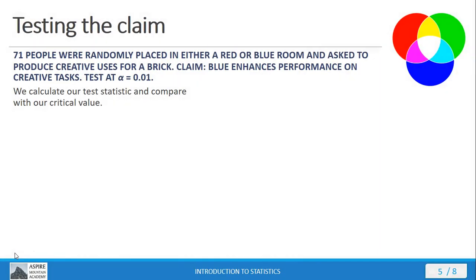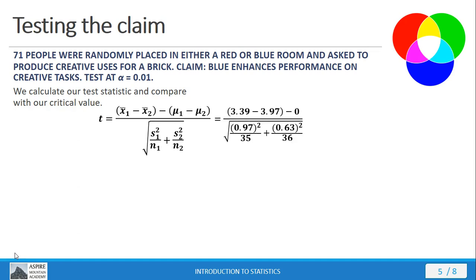Now we're ready to test our claim. If we use the test statistic, we need to compare that with the critical value. So calculating this old school style, get out this nasty little formula here, and we're going to plug in everything that we've got. So notice from our sample table that we had earlier, we've got the two sample mean